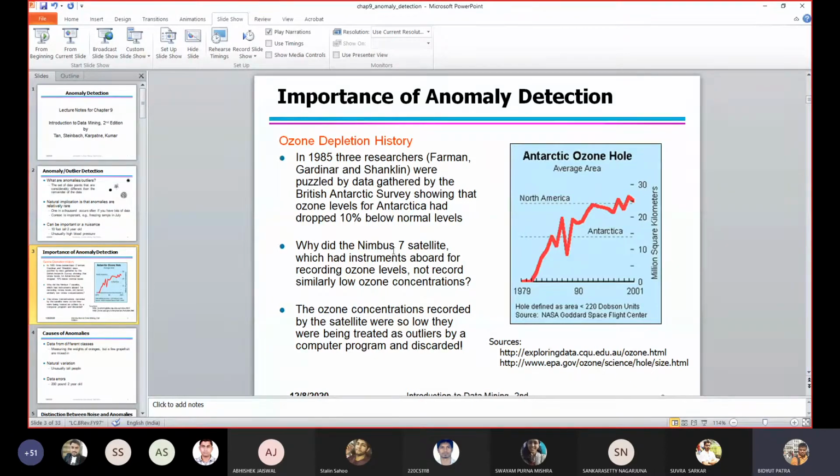That program basically, because it is below 10%, that is negligible and considered as noise, and that is removed. So therefore, this may be a very alarming situation, but due to the computer program, it is not keeping track of that particular event that happened. So therefore, it depends on the context, whether you want to use or whether you want to see those outliers or anomaly